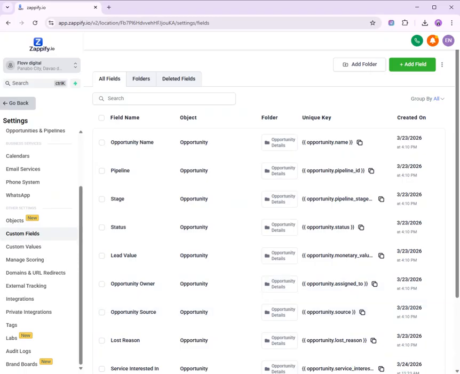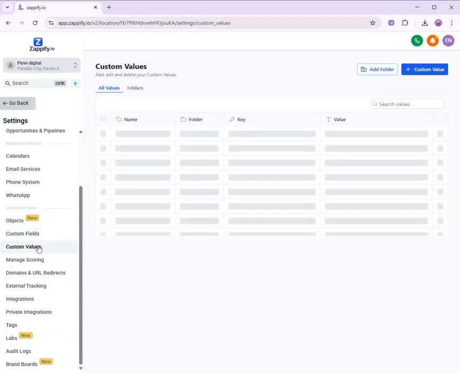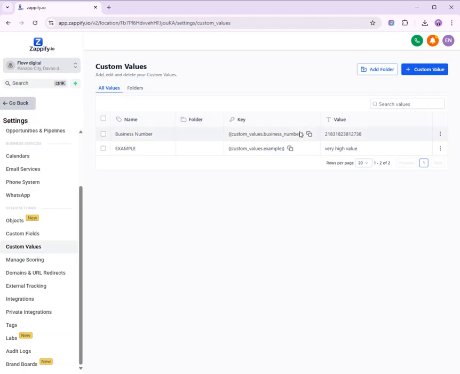So next is how to use custom values. So in the settings also, click or find custom values, click it, and click Add custom value.